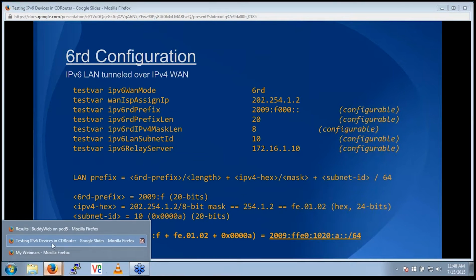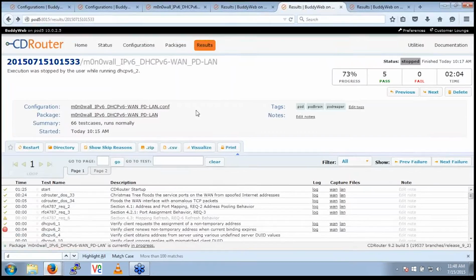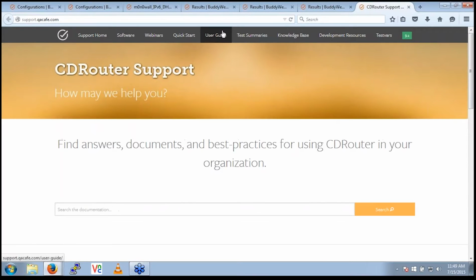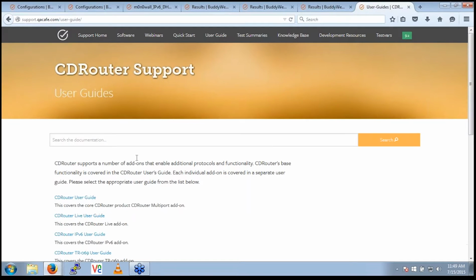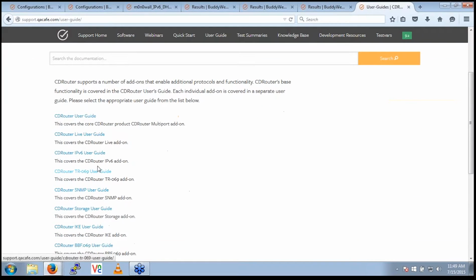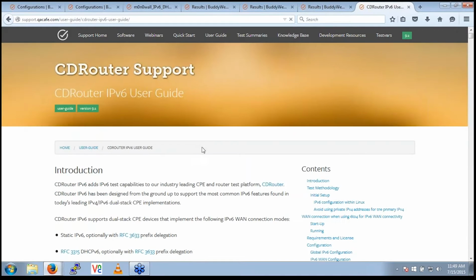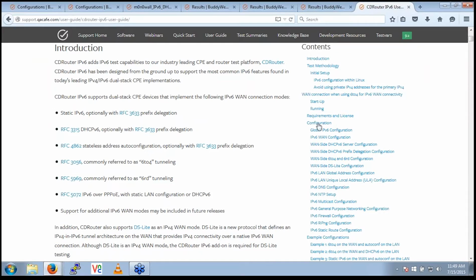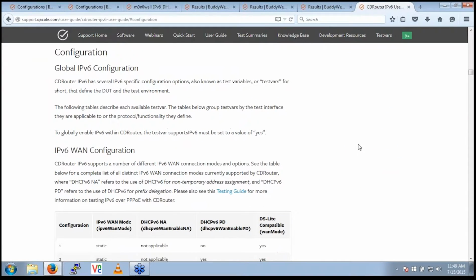This is explained in more detail also on the support site. So if you have any questions about these configuration values, you can go to support.qacafe.com. There you can find our user guide for the IPv6 add-on. The CDRouter IPv6 user guide contains a configuration section which explains the different WAN modes